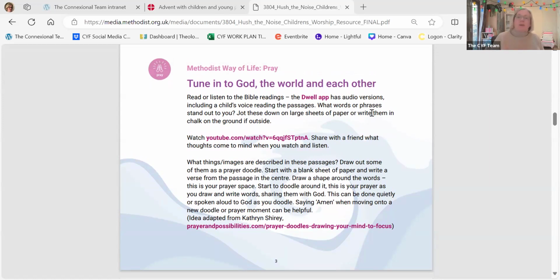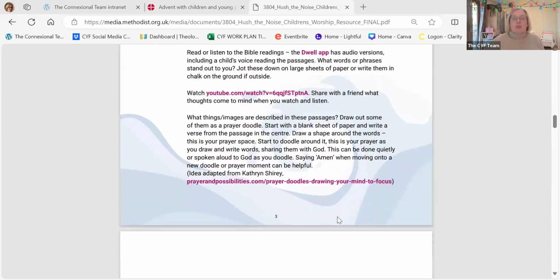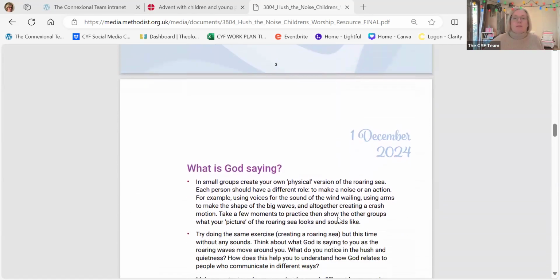And you can ask children and young people perhaps to jot down phrases or words that stand out for them, and do a big doodle on the floor amongst you all. You've also got a YouTube clip that you can watch of the passage, and then something to follow up on about doing a prayer doodle, which uses a blank sheet of paper where you write the whole of one of the verses out on the sheet and then get people to come and draw or write around it. And as you're doing that, you're creating a beautiful prayer in response to those passages.